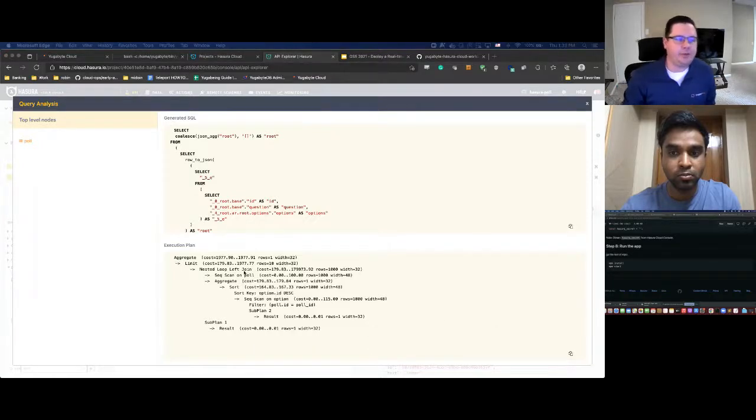our execution plan. So we do an aggregate, we limit it, we have a nested loop left join. We do our sequential scan on our poll, right? We can see our cost is nothing. We have our 1,000 rows. It's what it does by default. And then we aggregate, we sort, we do another sequential scan on a different table, and then we send all